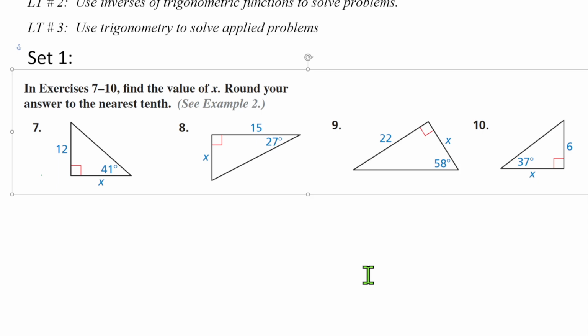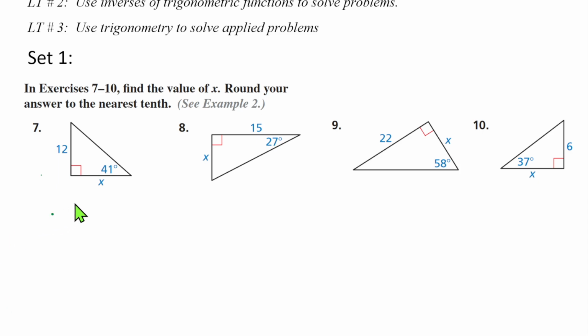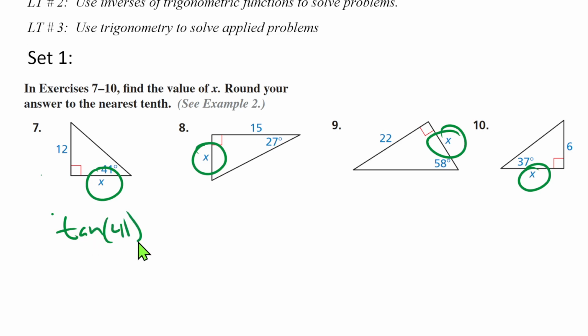trig problems where you're trying to find a missing side. So notice how all the things here are missing sides. And to give you a major hint, all of these are actually going to be tangents. So you're going to say something like in number 1, the tangent of 41 equals 12 over x, and then you'll solve for x. How do we know they're tangents? Is because